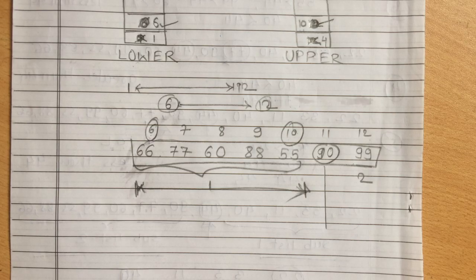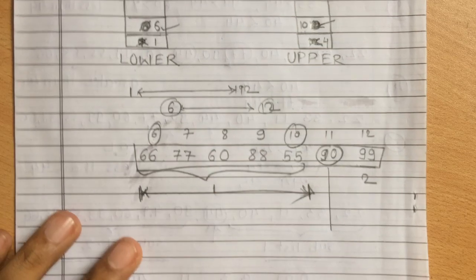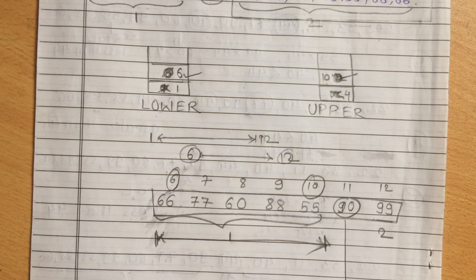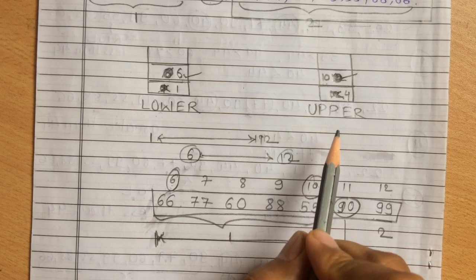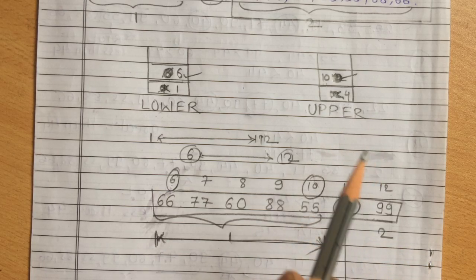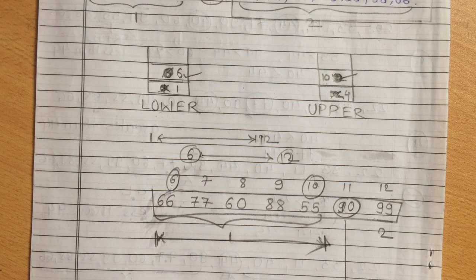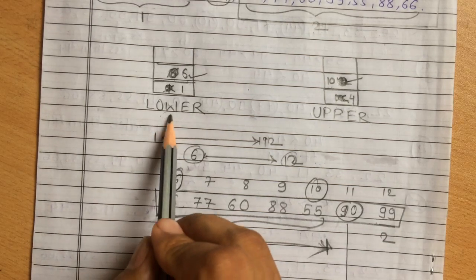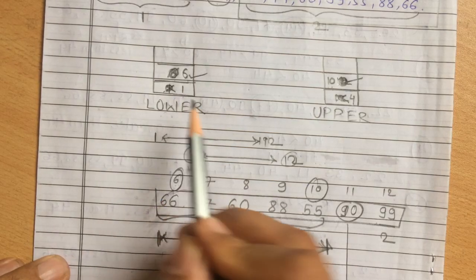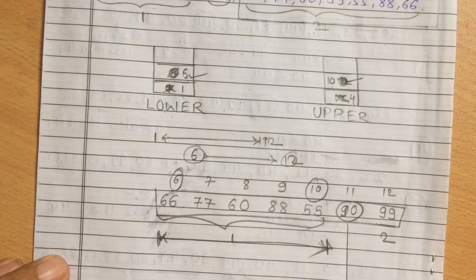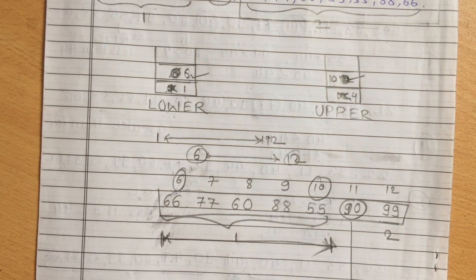So this is a simple use of stack in quicksort. So remember, lower and upper are the two stacks which are used to temporarily hold the boundaries of a list or sublist. Lower holds the lower boundary, upper holds the upper boundary of a list or sublist. Okay, so we'll stop over here, and in the next lecture we'll study the same with the help of algorithms. Thank you.